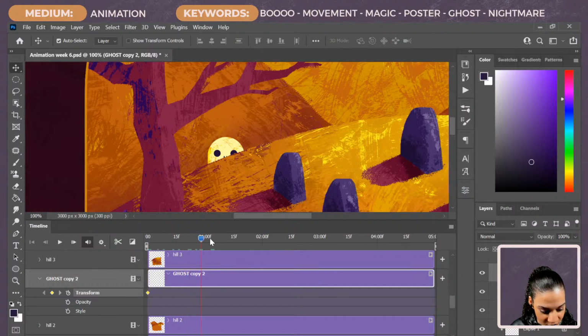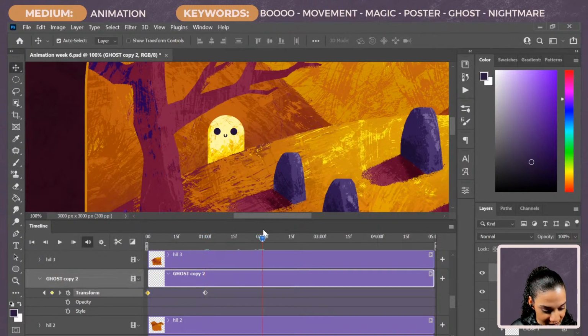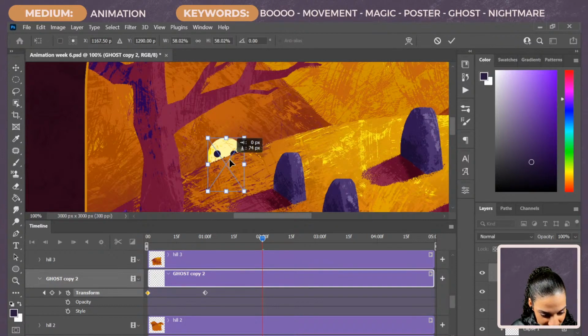We're gonna bump this over here to this one, and we're gonna free transform, and we're gonna bump him up, like there, boom. And then we're gonna drag this over, and we're gonna free transform, and we're gonna bump him down here, boom.